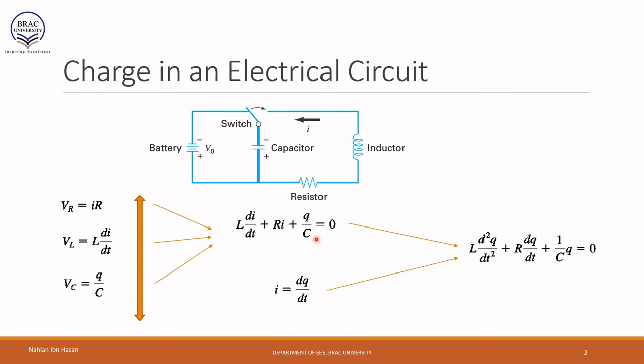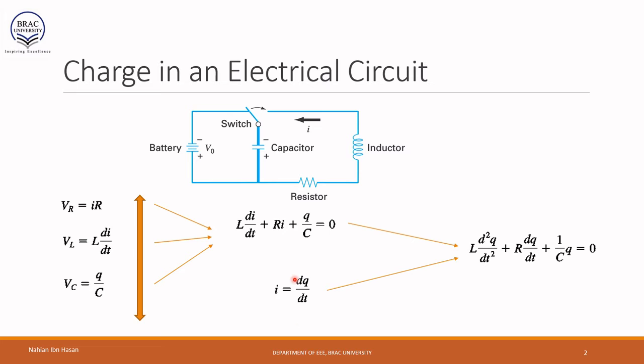So this is a differential equation, right? Look at this equation. In this equation we have two different unknown variables, the current I and the charge Q. We have to convert this equation in such a way that there is only one independent variable. For that we are using the formula I equal to dq by dt. This is the definition of current. The rate of charge flow within the circuit is denoted as the current.